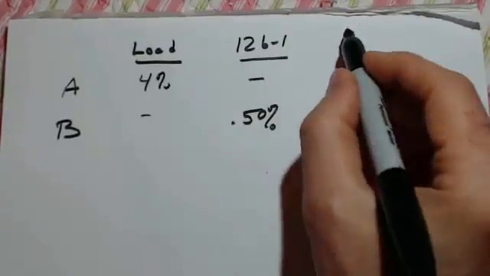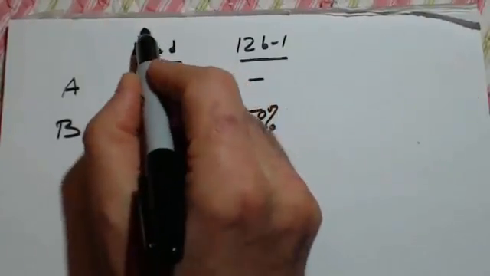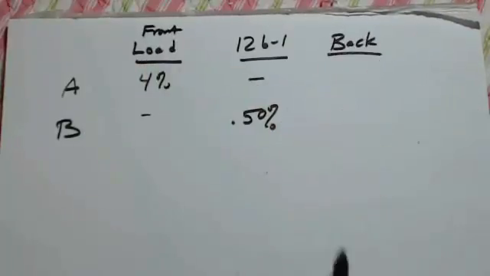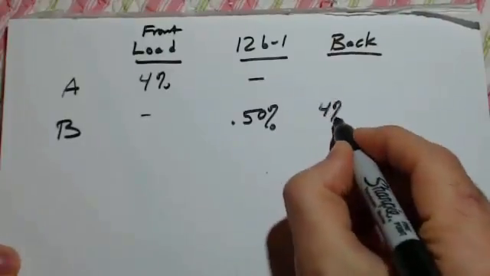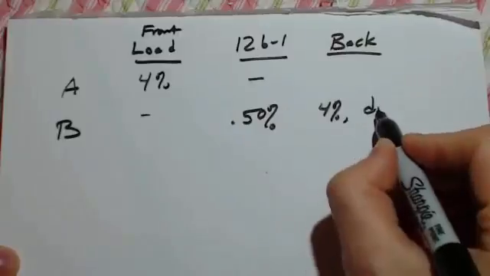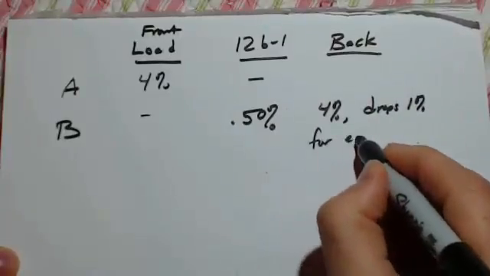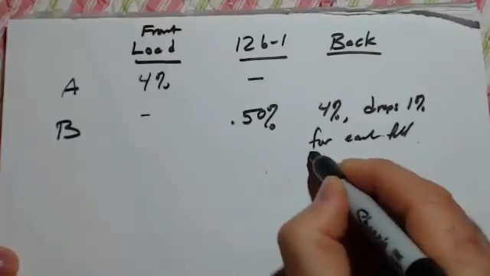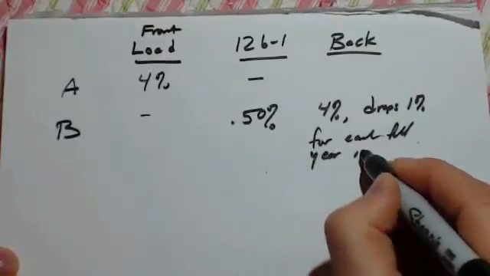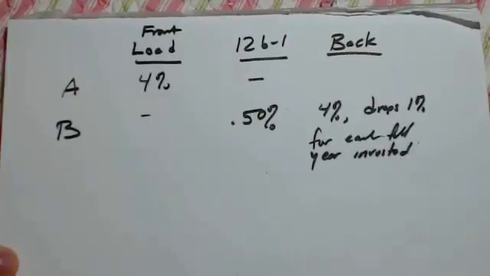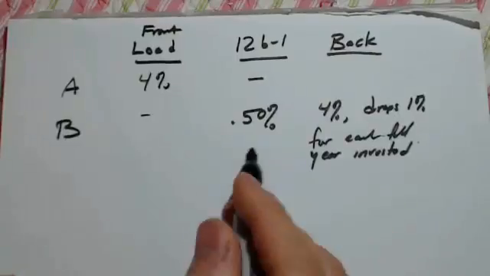Okay, and let's say we have, so let's put up here, front. Let's say we have a back-end load of 4%, and it drops 1% for each full year invested. So it's a sliding scale until you get to 0, and so it drops to 0. So now the question is, and one more thing,